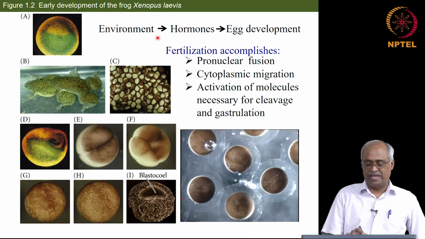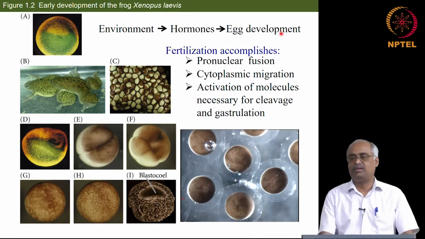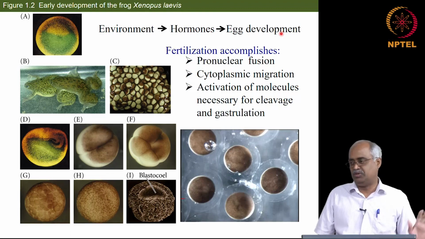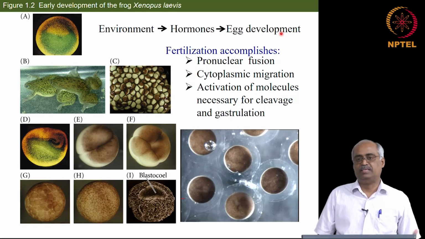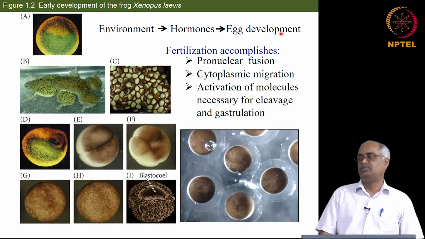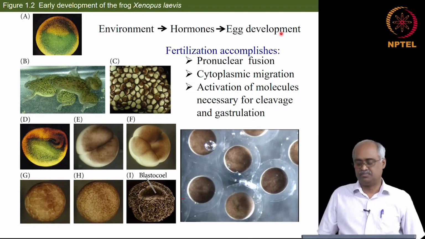So environment plays a key role in development, starting with fertilization itself. So you have environment, hormones, egg development. And the same happens, not that dramatically, but with the sperm production as well in this species. In some species it's continuous. Sperm production is from reaching adulthood till the end of life. Most organisms produce sperm, but in some organisms that is seasonal too. Like in frogs it's seasonal.